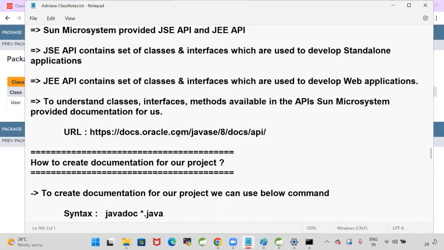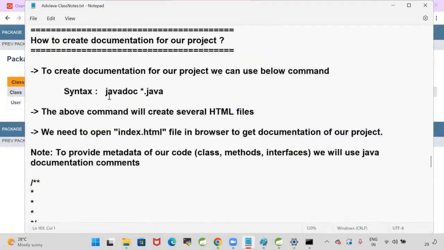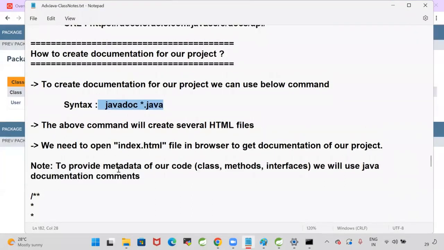Perfect. Okay. How to create the documentation for our project? By using the javadoc command. Okay. Whenever we